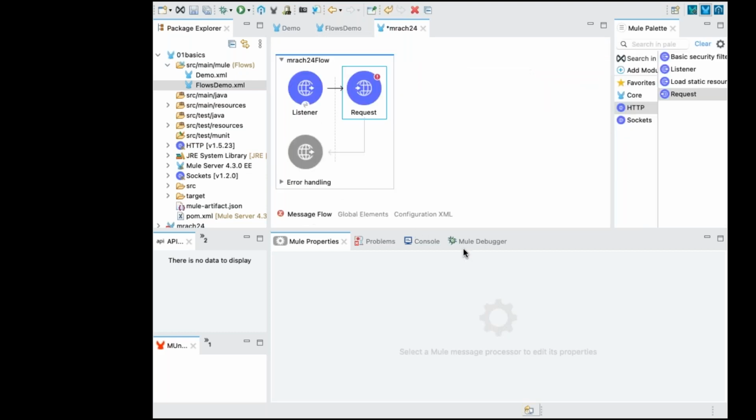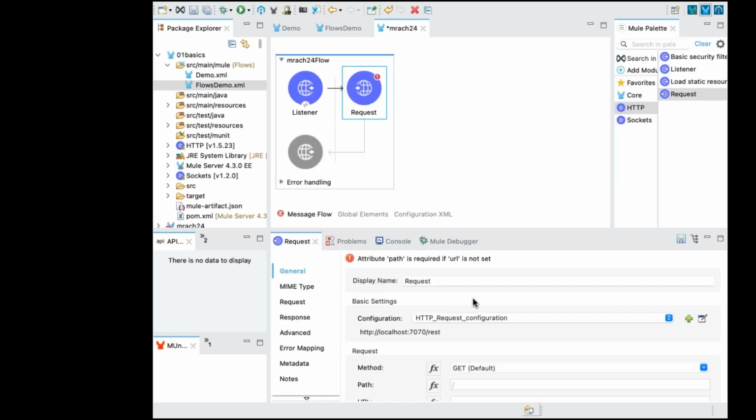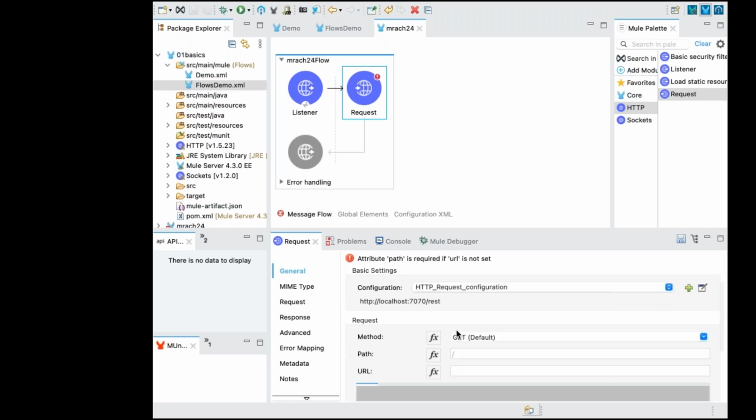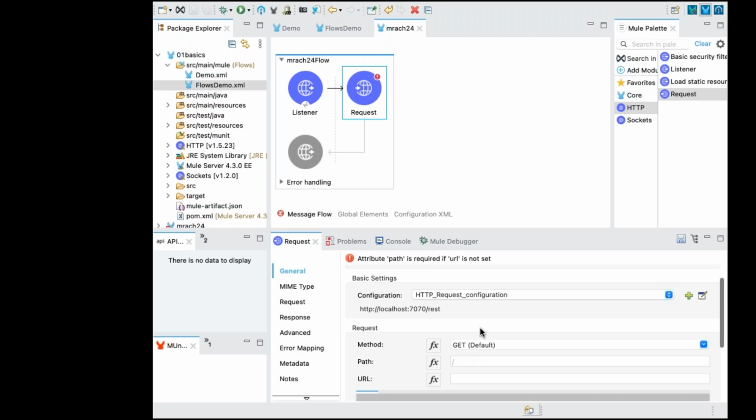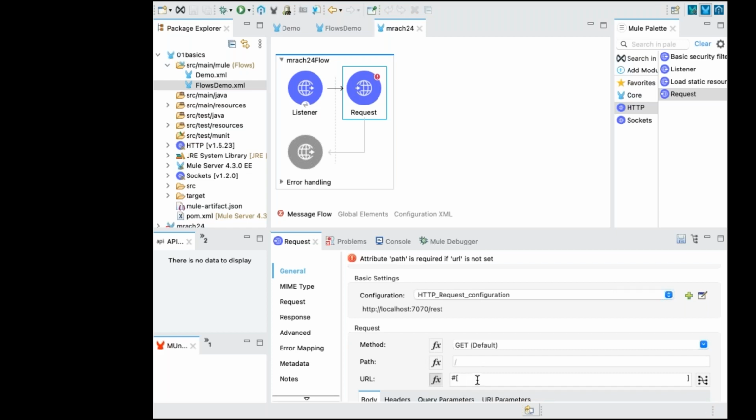Request is HTTP, all that? Not URL, path. No, don't switch to the expression mode, not required.